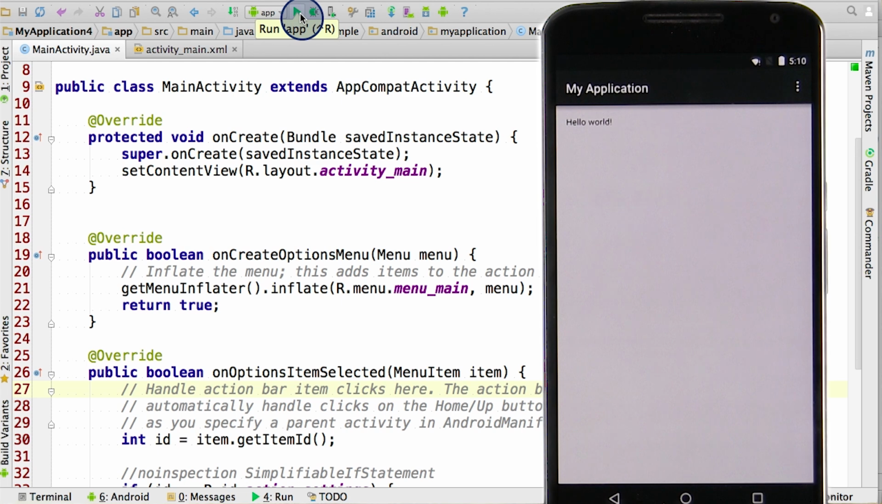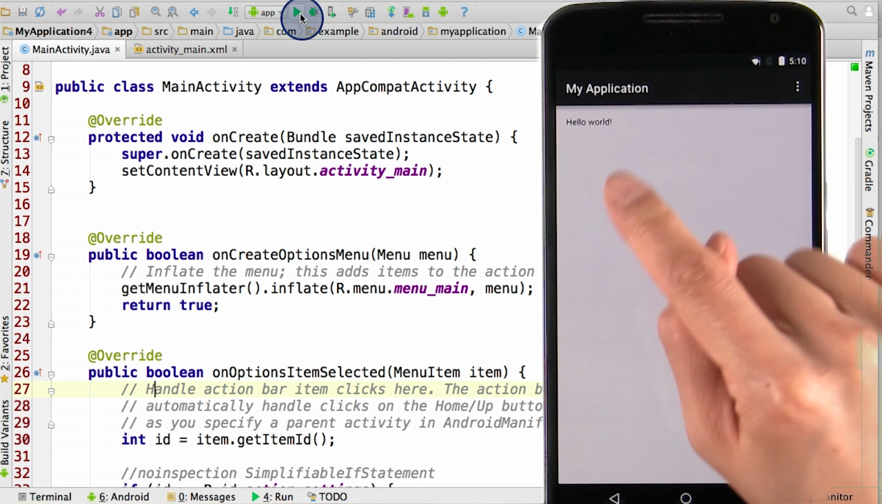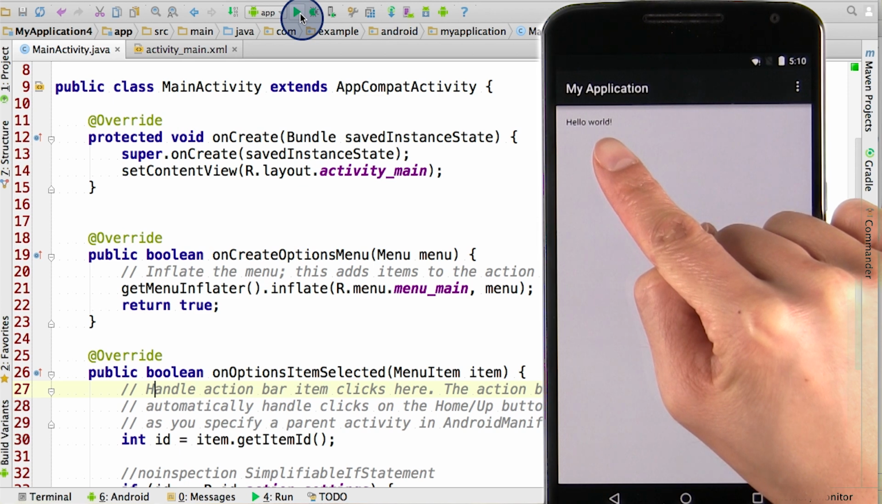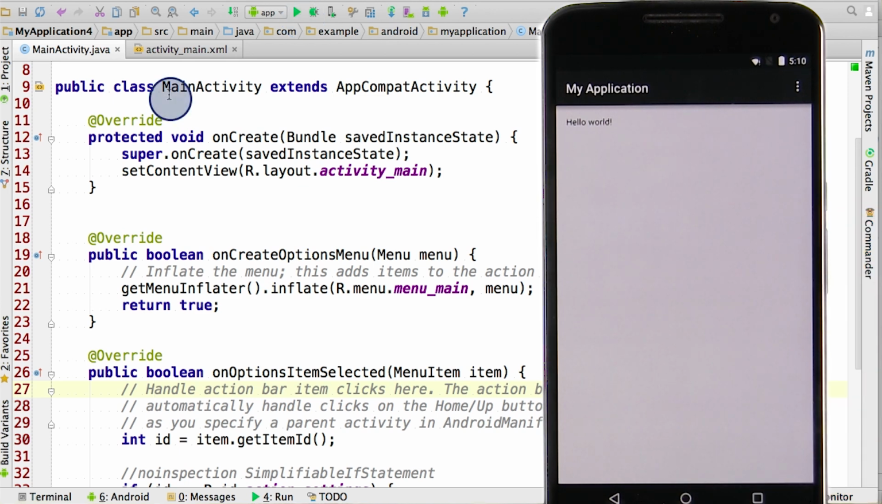Once your project gets created, go ahead and run your app on your device. The default behavior should be to see the words Hello World show up here. But now we're going to do something a little different. In the main activity class, we're going to modify the onCreate method. Instead of calling setContentView on this activity main XML layout, we're going to create our own text view and set